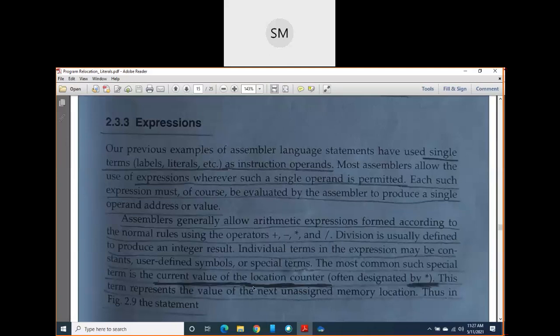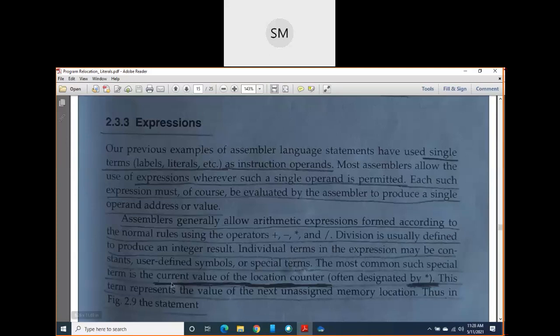In today's class I just want to tell you one more last thing that I already told you. Whenever you look at this star, it is indicating the current value of the location counter. Individual terms in any expression may be constants, user defined symbols, or special terms.